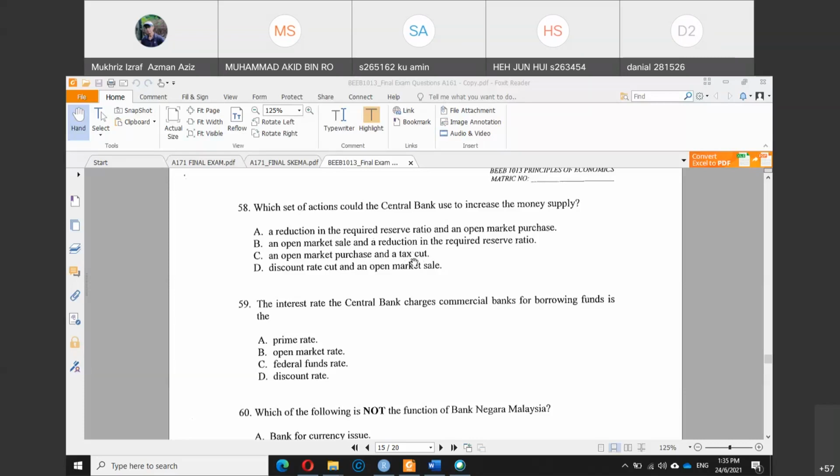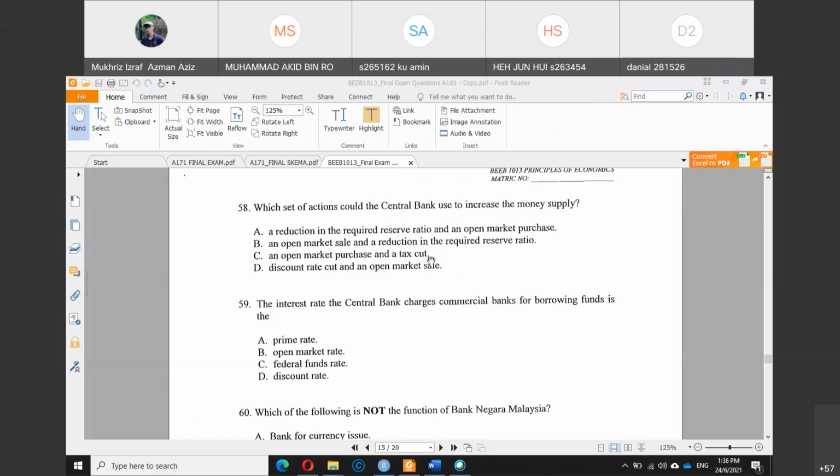So even though a tax cut will bring more income, more money for the public, this is not part of the central bank. This part seems to be correct, but we just want to focus on the role only by the central bank. So C is wrong, because a tax cut is not done by the central bank, it's only done by the